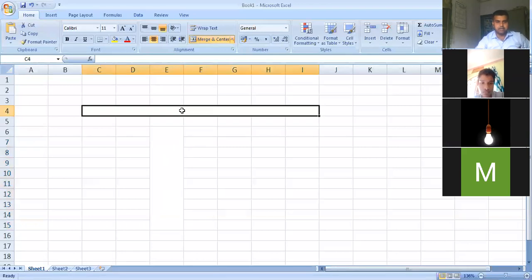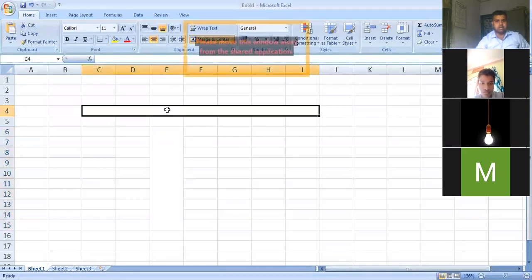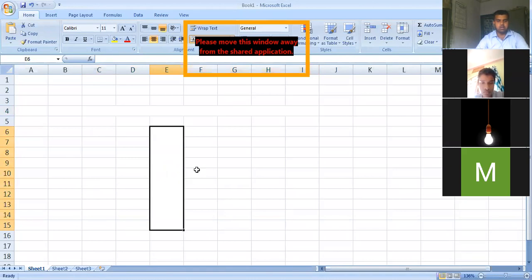This one which I have done is a row wise merging, and out here what we are doing is a column wise merging. So there are two ways of merging process: merging multiple cells row wise and merging multiple cells column wise.